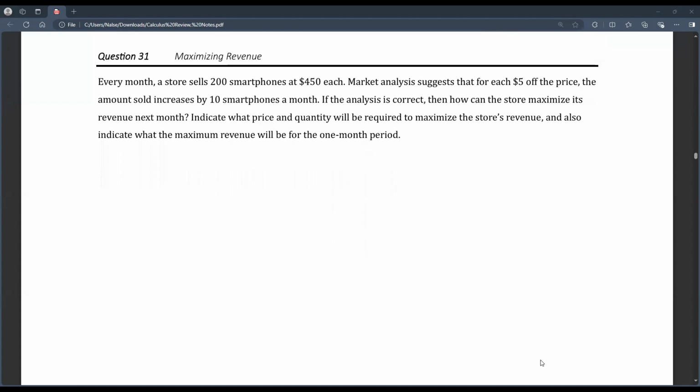Question 31 asks us to maximize a store's revenue. The store's revenue can be found by multiplying the unit price by the number of units sold. This is a price times quantity calculation. We are told that, for every $5 off the price, the store can sell 10 more units, and this simplifies to a 1:2 ratio. This information will be used to develop a revenue function that builds on the given price